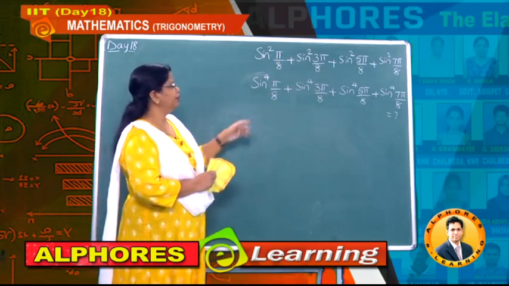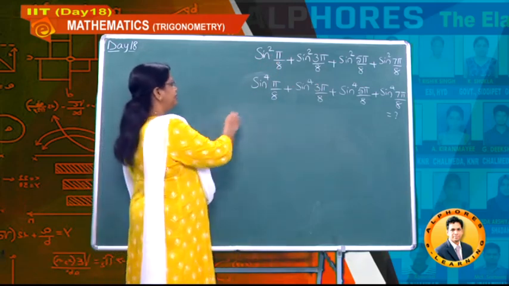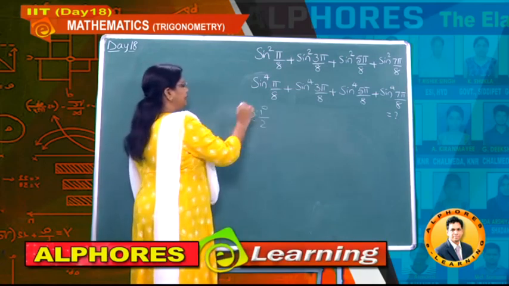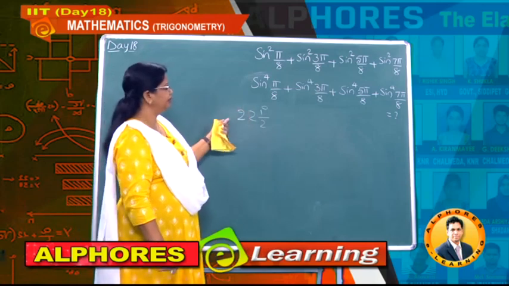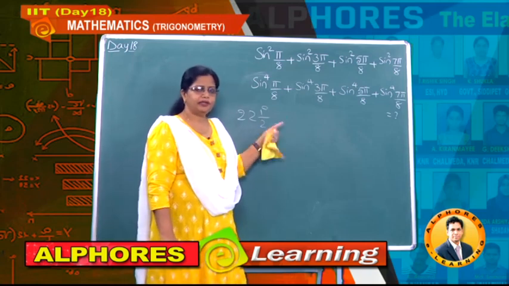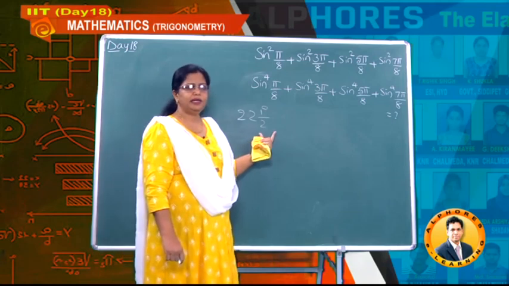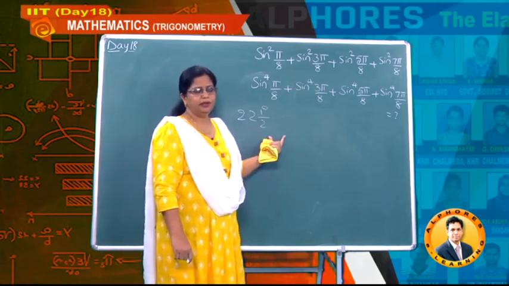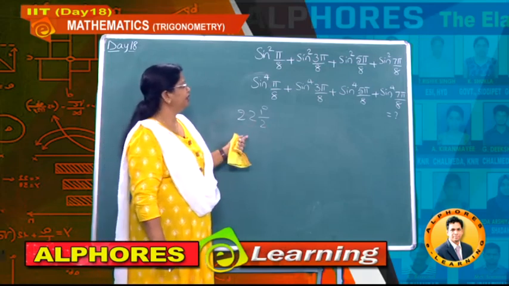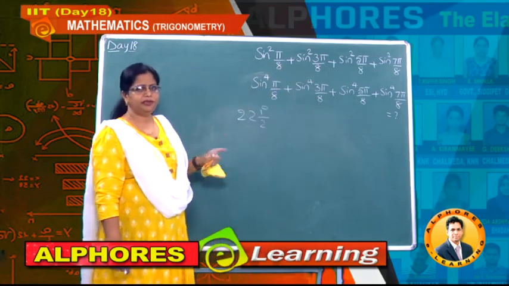Okay. Now what is actually pi by 8 in terms of degrees? Pi is 180 degrees, 180 by 8 is nothing but 22.5 degrees. Okay. Then by using multiple and submultiple angles, actually you can find even sin 22.5 degrees also. But the only problem is it is not an integer or a rational number. You will get completely an irrational number. The problem with irrational numbers is you have to substitute all the irrational numbers and thereby simplify.